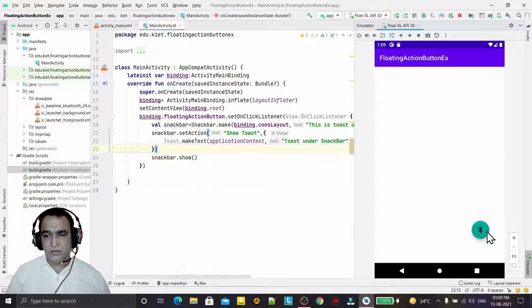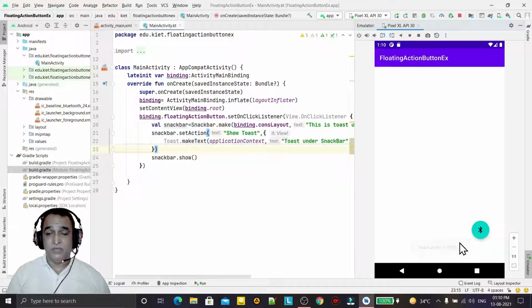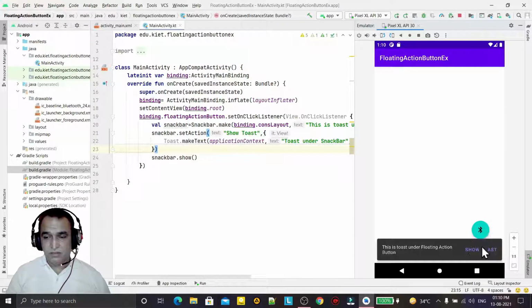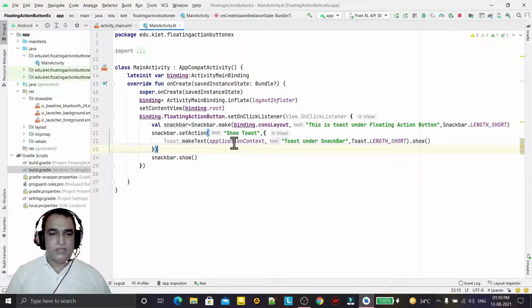Now I click on this, and you see the action has been inserted, show toast. I click on this and it displays the toast. Again I click on this, the message is displayed, and when I click on the action, the action will perform. So with a click of this button you can perform any task you want. You can open any activity, or do other tasks also. So we just added the action, and I have shown you an example of it.